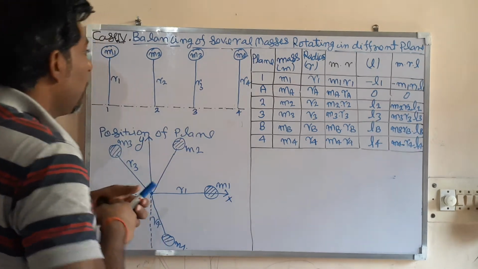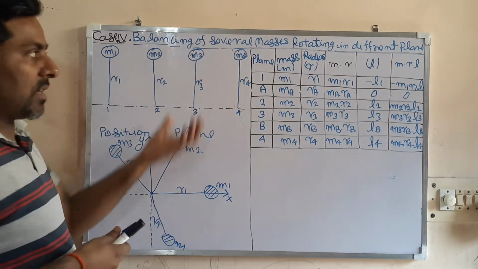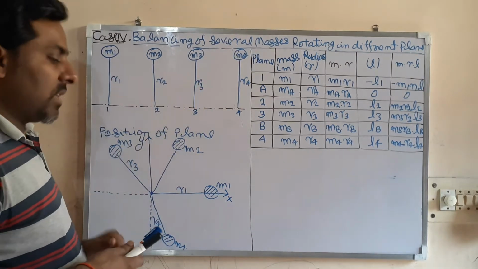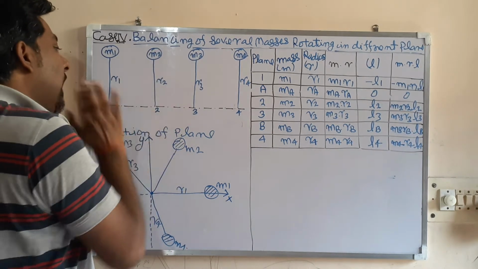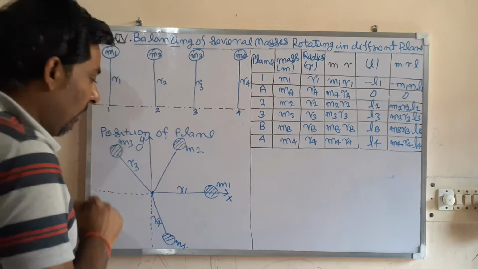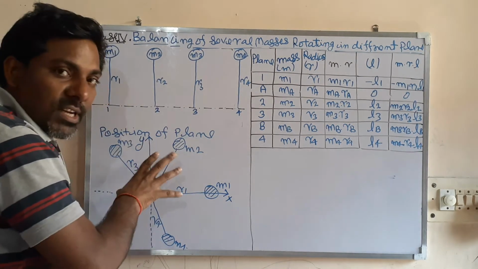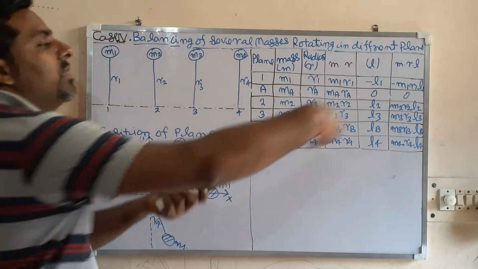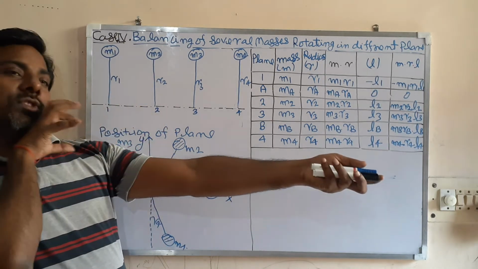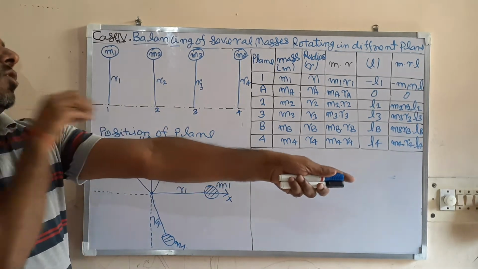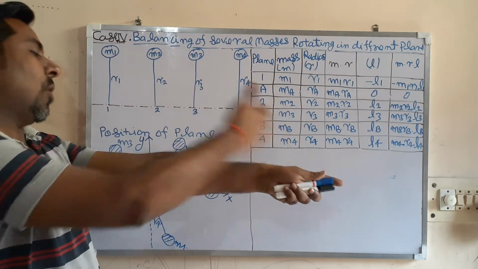From this figure, you are looking at all the masses as upward, upward, upward, upward. This is not the situation. Their angular positions are different. Their angular positions are shown here. This is the position of the planes, where planes 1, 2, 3, 4 are. Now, this diagram shows the angular position of the masses when you look from here. Here is plane 1, plane 2, plane 3, plane 4.